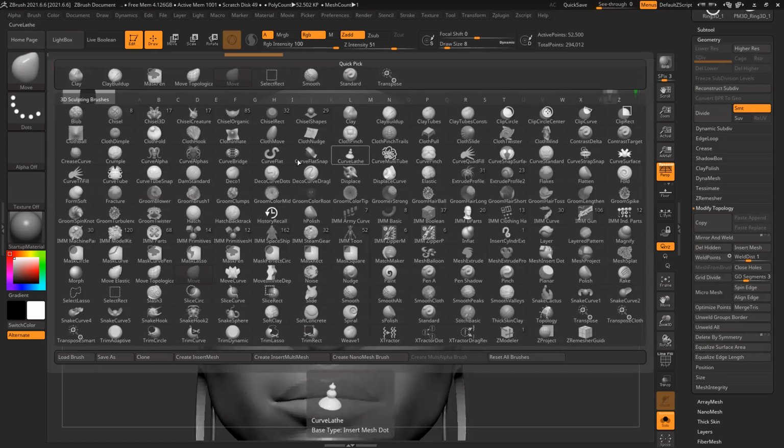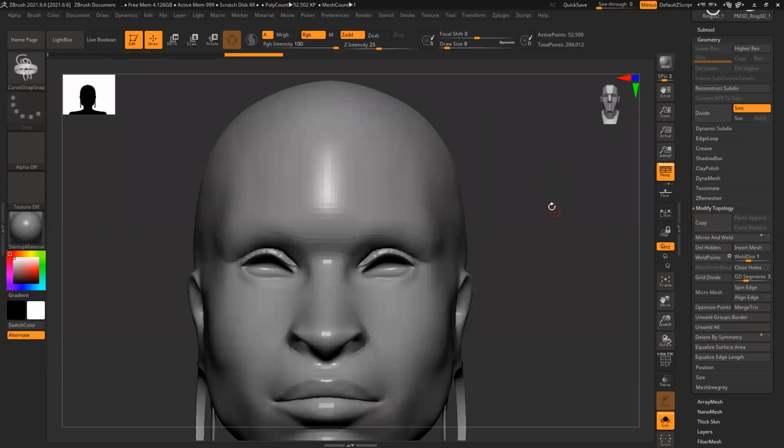Now we have curve strap C. It's a default brush of ZBrush, and symmetry is on. So I can just simply start. But there's a problem with this curve strap: from wherever you're starting, it will create two separate bands. So you can switch off your symmetry, or